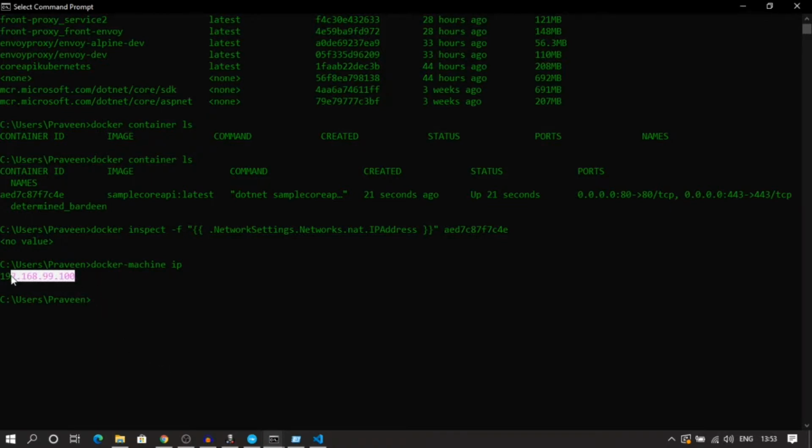As you can see, we have this IP address of the virtual machine, and I will use the same curl with the IP address and my port. The port is 80/podcast. Okay, wait.